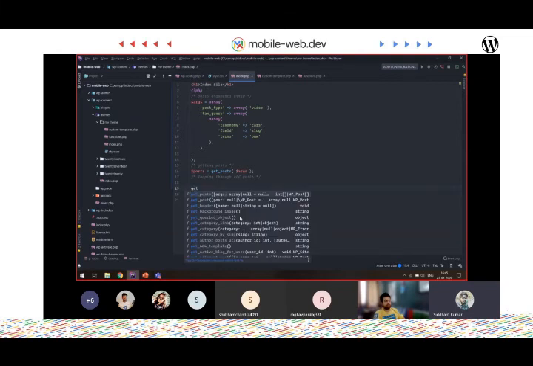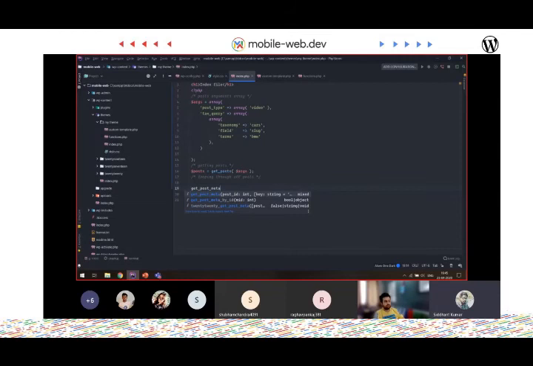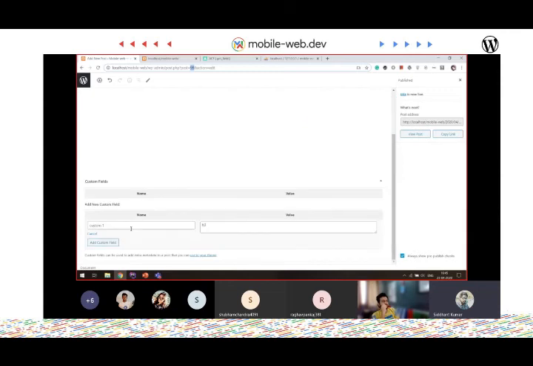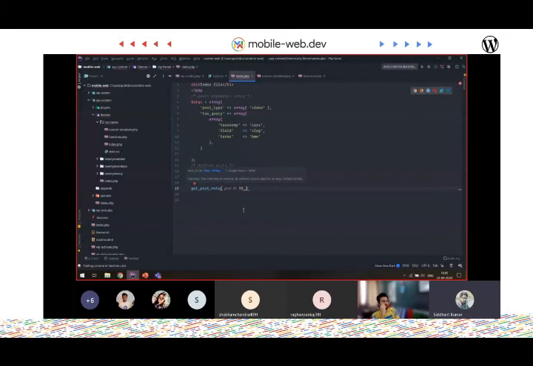I want to get it with get_post_meta. It has three arguments, as you can see from the prediction: post ID, key string, and a boolean value, false. The post ID I have is 98. The key is the one I just entered, custom one. Copy it from here. For the value, we have to pass it as a string.